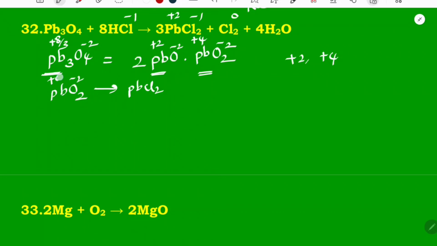Here +4 to +2 comes. +4 to +2 means what happens? Gaining of electrons takes place. So this is a reduction reaction. At the same time,